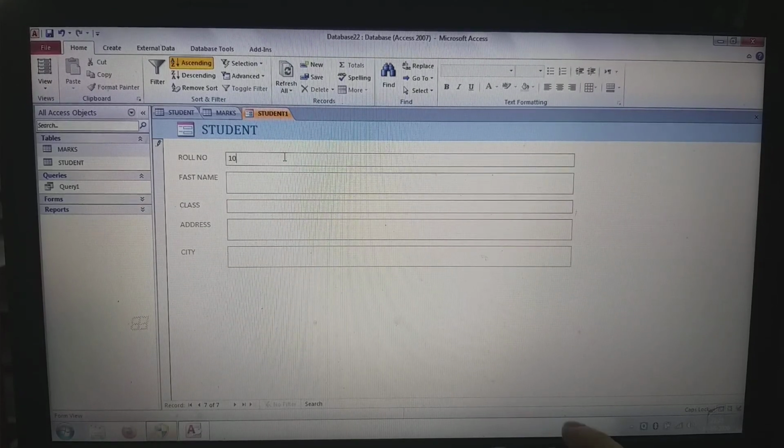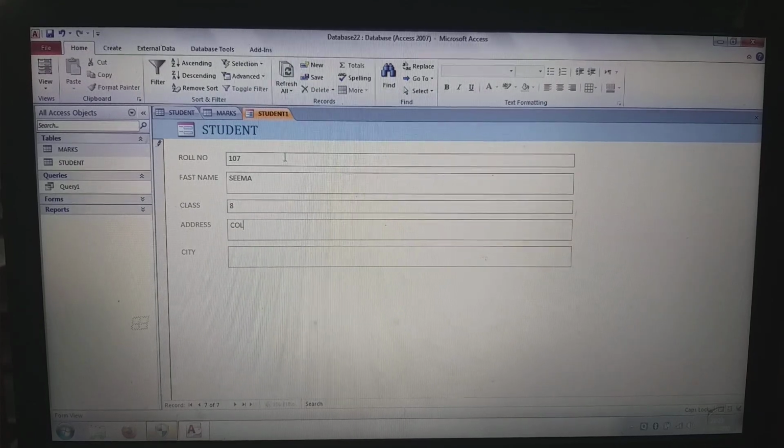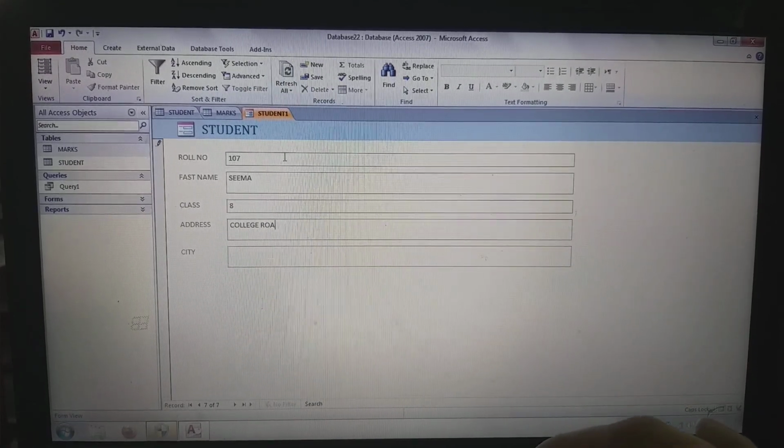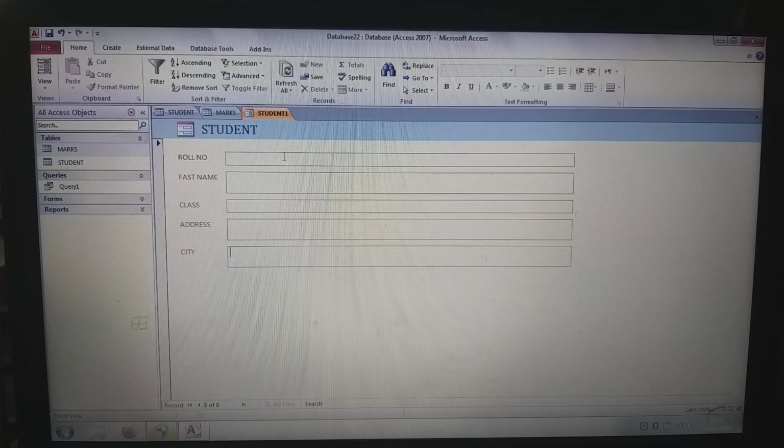Next one, 107 roll number, name Seema, class 8, address College Road, city Dhubri. Page down to enter the new record.